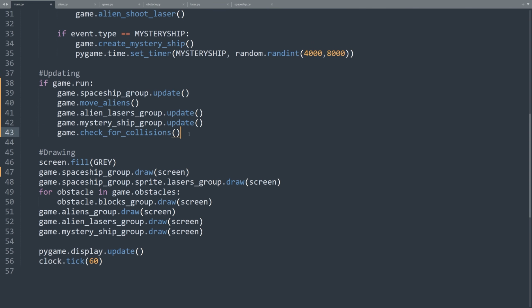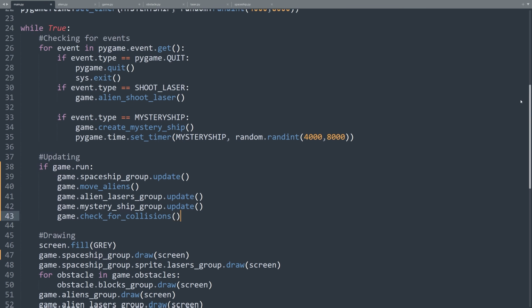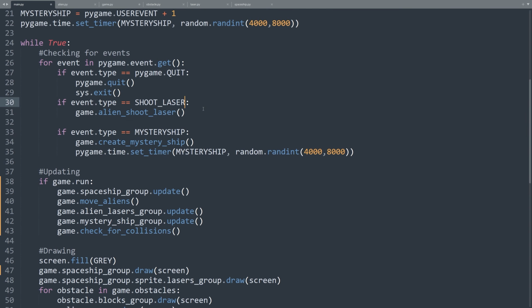So we indent all these methods that update the position of the objects to belong to the if statement. Also, we need to stop creating new lasers from the aliens and the mystery ship when the game has ended. So up here, we have to add this condition, and game.run, here and here.